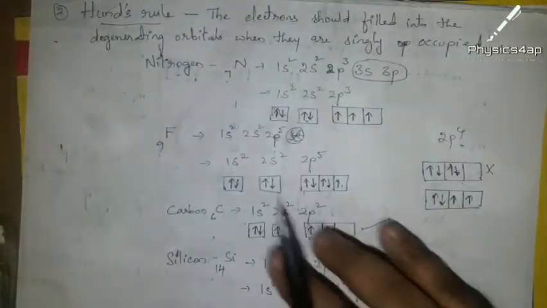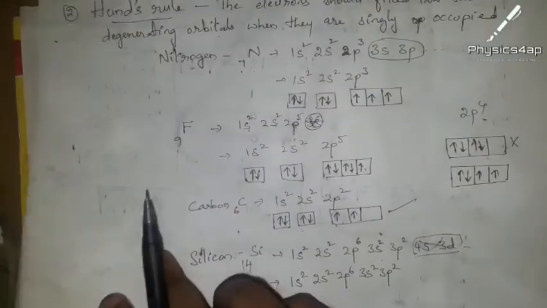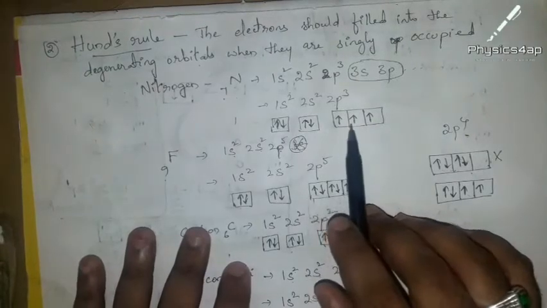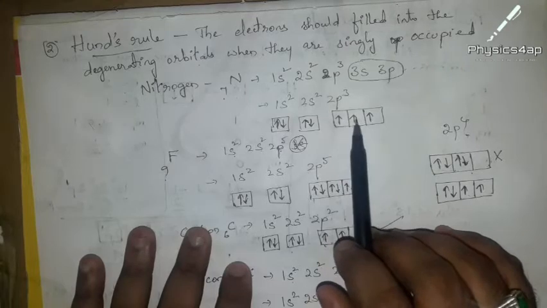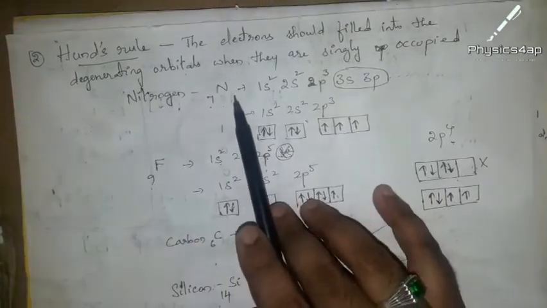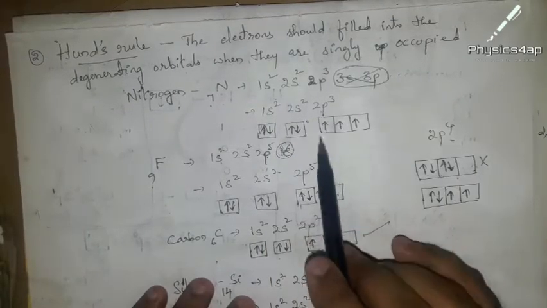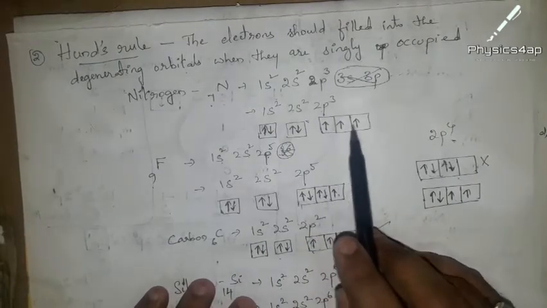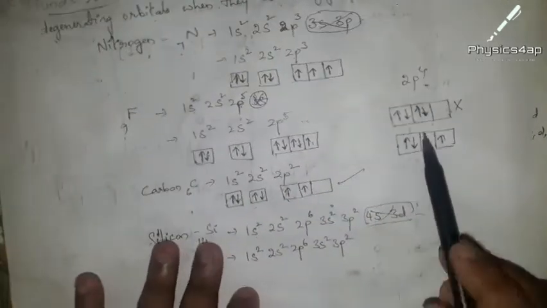And next, coming to another rule which we need to follow, that is Hund's rule. Hund's rule is that the degenerate orbitals which are present should be singly occupied. That is the arrangement of electrons. First, all the electrons should be singly occupied. For example, if we take the electronic configuration for nitrogen, we get 1s2, 2s2, 2p3, as 3s, 3p are omitted. So in 2p3, the 3 electrons are arranged in single boxes, in the degenerate orbitals. So 1, 2, 3. We cannot arrange them like this.